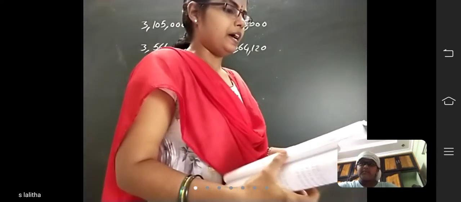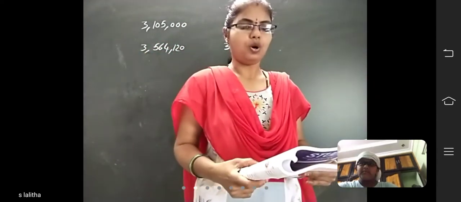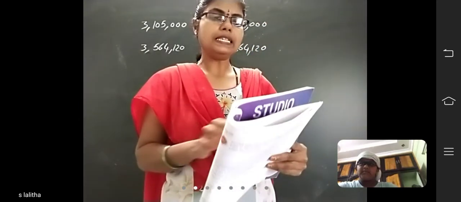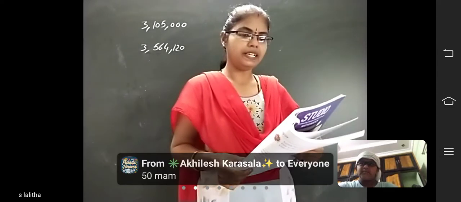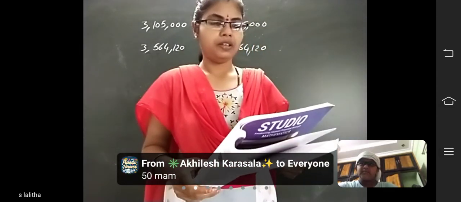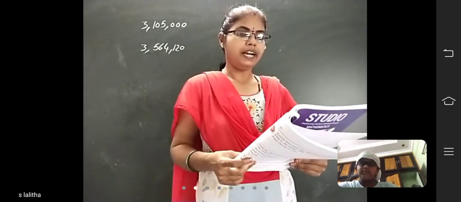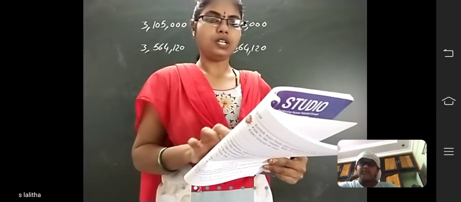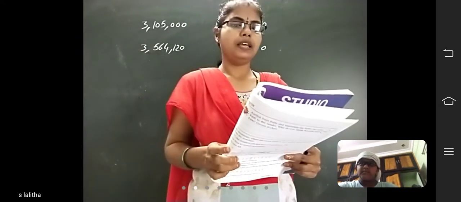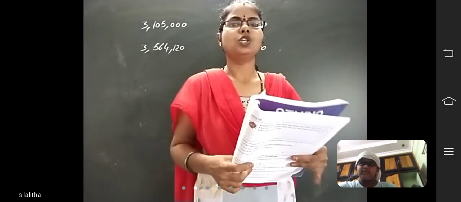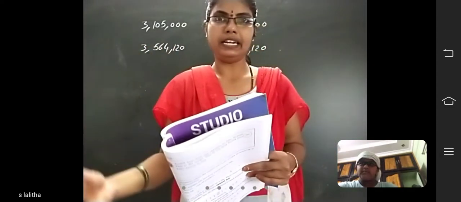Look at the price of each painting in the given boxes. Number the paintings in ascending order of their prices. Here some paintings are given. How many paintings are given? 5 paintings are given. Now you should observe the prices and write in the boxes. The boxes are given, no? You should write the numbers in ascending order. Ascending order means smallest price to greatest price.